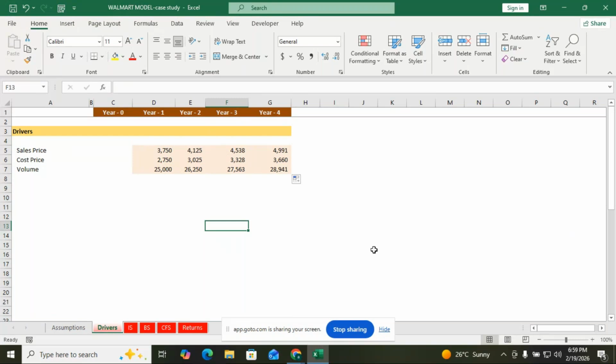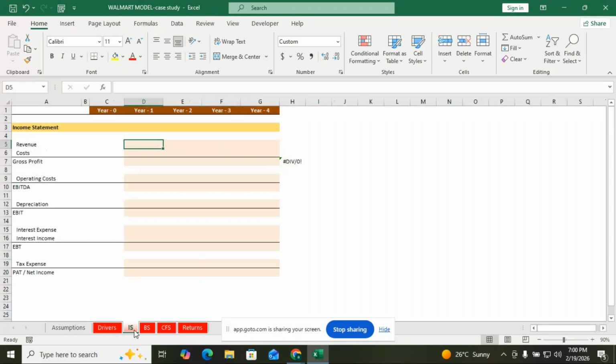No doubts are there. So next we go to the generation of the income statement. Now, how do you generate the revenue from year 1 to year 4? Year 0, we know it is the initial period. From year 1 to year 4, how we generate the revenue is what you're going to watch. So, revenue equals to,